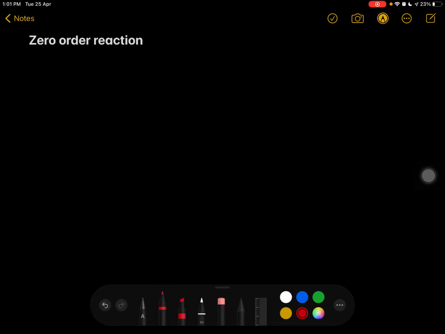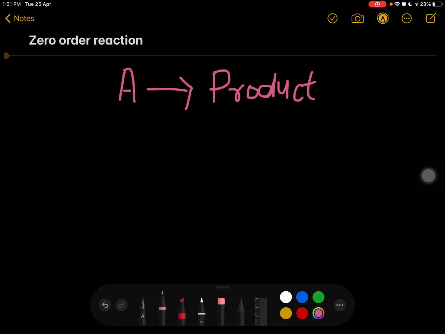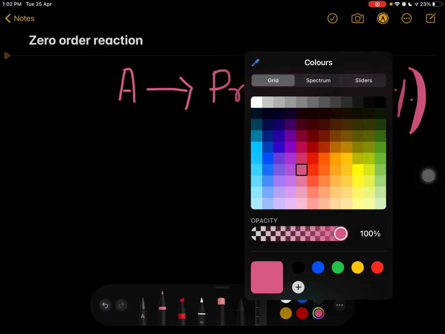So today we will talk about the zero order reaction, the reaction in which the reactant A is converted directly into the products. We will only talk about this type of reaction in which A is converted into products. This is basically 99% of cases. If you want to write the rate of reaction of the zero order reaction, it will be